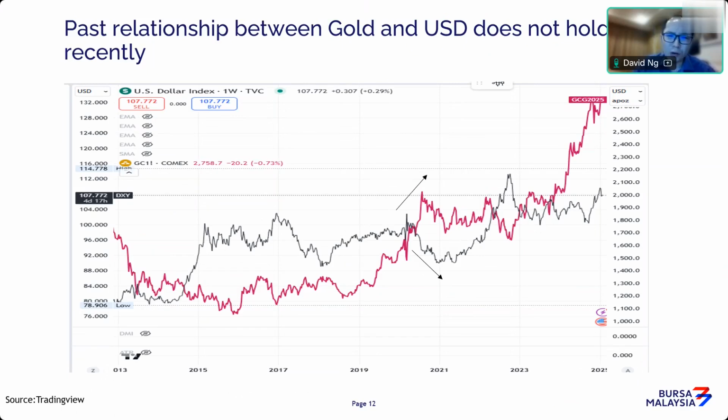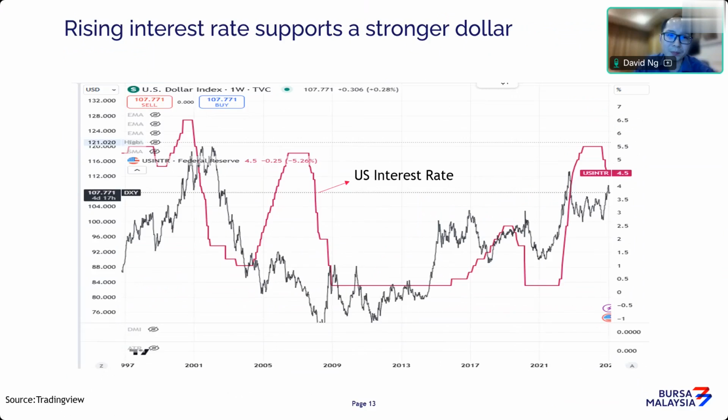So do watch out. I think we can no longer use an old historical relationship that we think can persist, because right now the situation in the gold market is slightly different. We can see other factors pulling and driving prices higher. To reiterate, interest rate and inflation is a major theme for gold this year. As long as US inflation remains high and US interest rates remain elevated, you have a situation where gold tends to be favored in this environment.